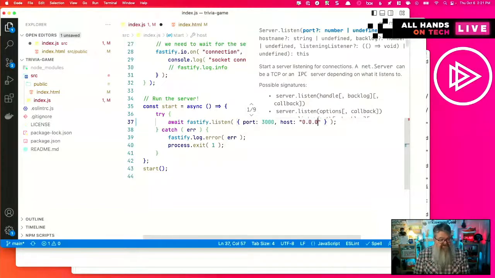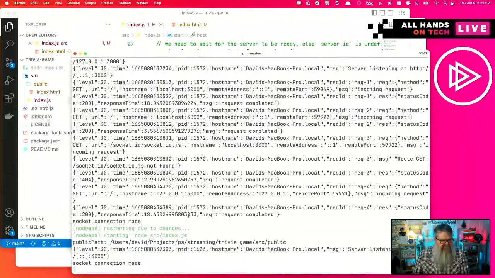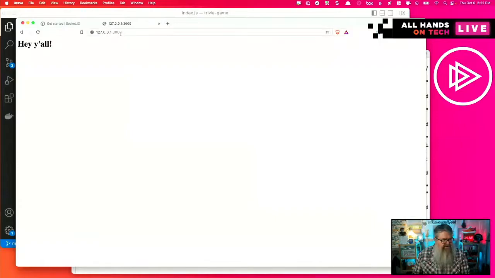If we specify 0.0.0.0, which means listen on everything that may be bound to this IPv4, we can also do two colons, which means, I think, according to the documentation, everything on IPv4, everything on IPv6. So if we do this and the server automatically restarted, and I come back here